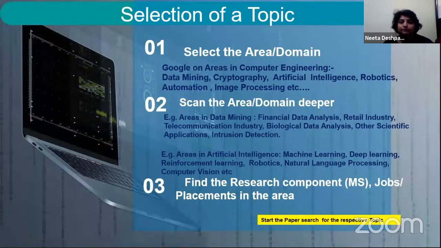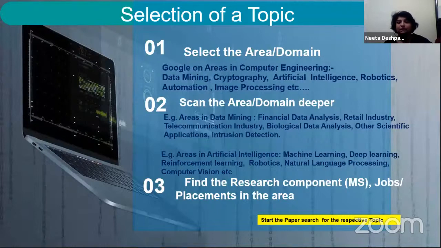So what you do is, you select that area. Let's say if it is AI, you select machine learning or deep learning. Now, there are 2 important points which you must be very clear with. You have to search 2 major things in the paper. First is you have to search the research component in the paper. Now, how is that research component found out? That I'll tell you later when we'll take an example of a paper.